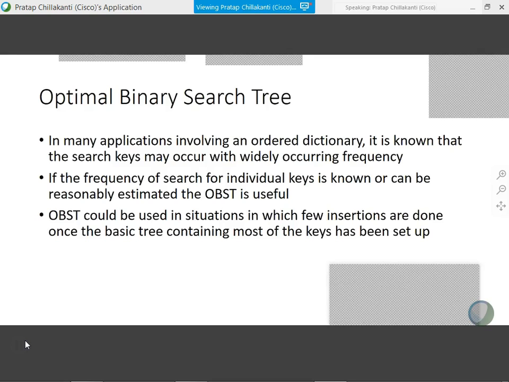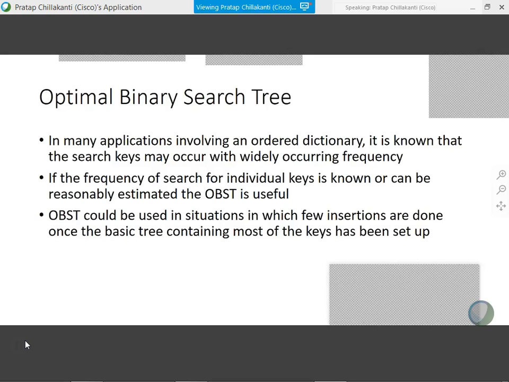Okay, so again, why do we need this concept? Because it's used all over the world in many applications. And the standard textbook example is dictionary. Some words occur more frequently than others.